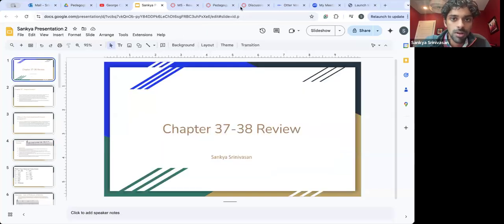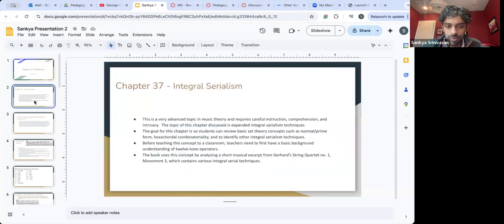Okay, so good morning. This is my review on chapter 37 and 38. So today we are going to talk about integral serialism. So, integral serialism. As you can see, this is a very advanced topic in music theory and it requires careful